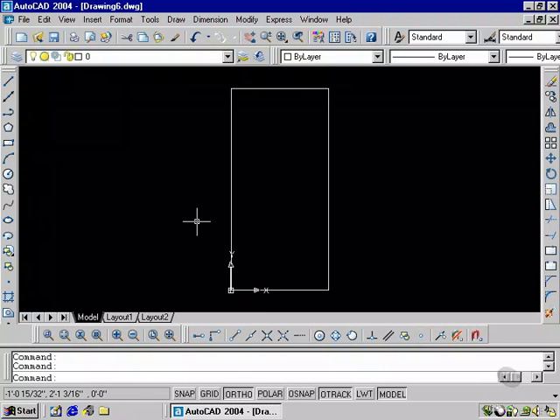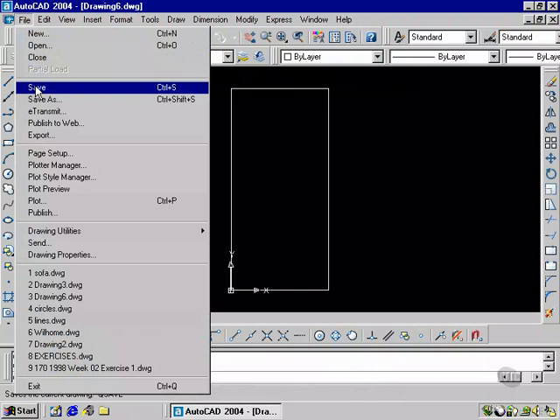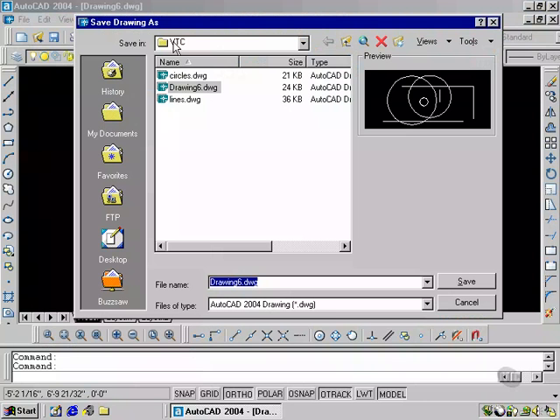Now that we have created 4 lines, it's a good idea to save this file with the proper name. Go to File, select Save. In the VTC folder, we're going to call this file Sofa. Since the text is highlighted where it indicates file name, I'm simply going to type in the words